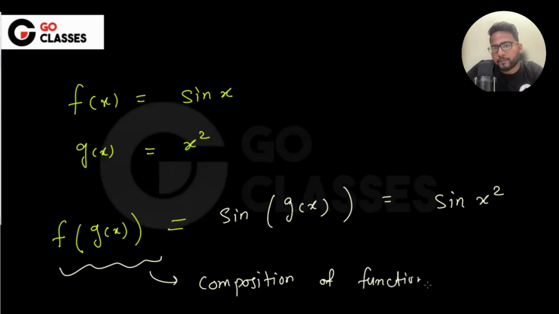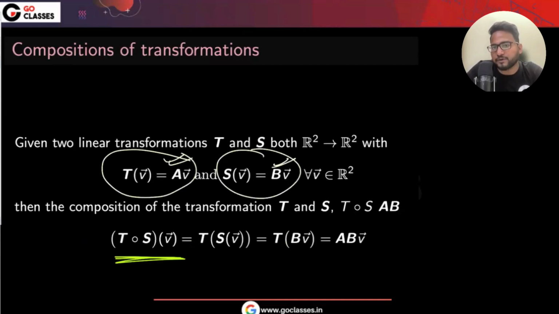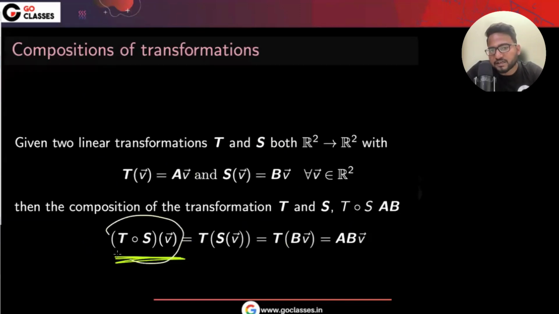But here we have compositions of linear transformation. It is almost the same, there is not much difference. Let's suppose T is a linear transformation and the standard matrix is A. S is a linear transformation and the standard matrix is B. Then if they ask you what is the standard matrix corresponding to this composition,